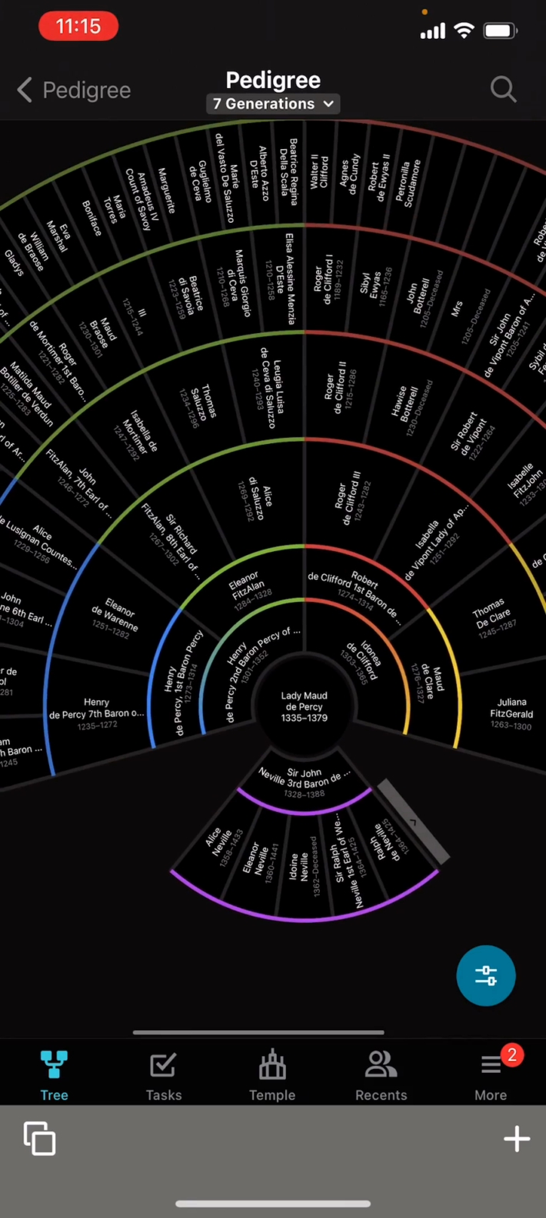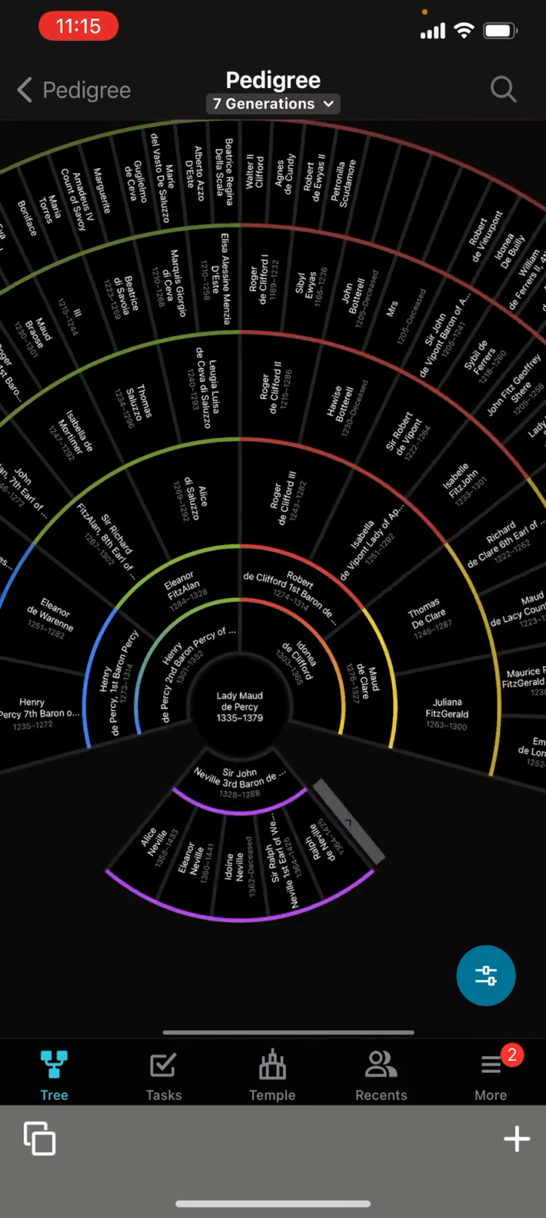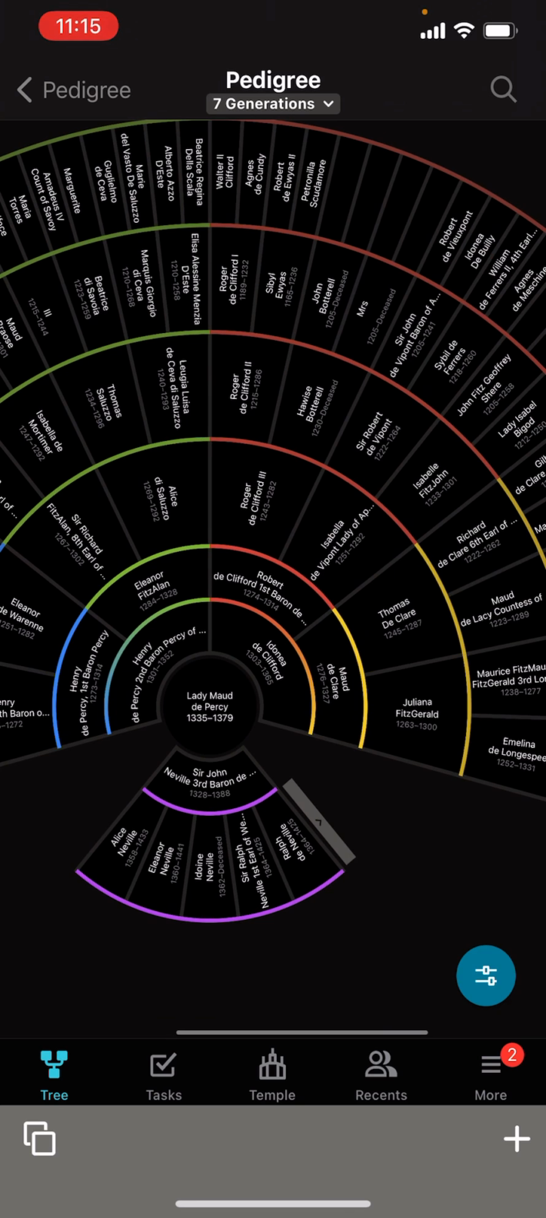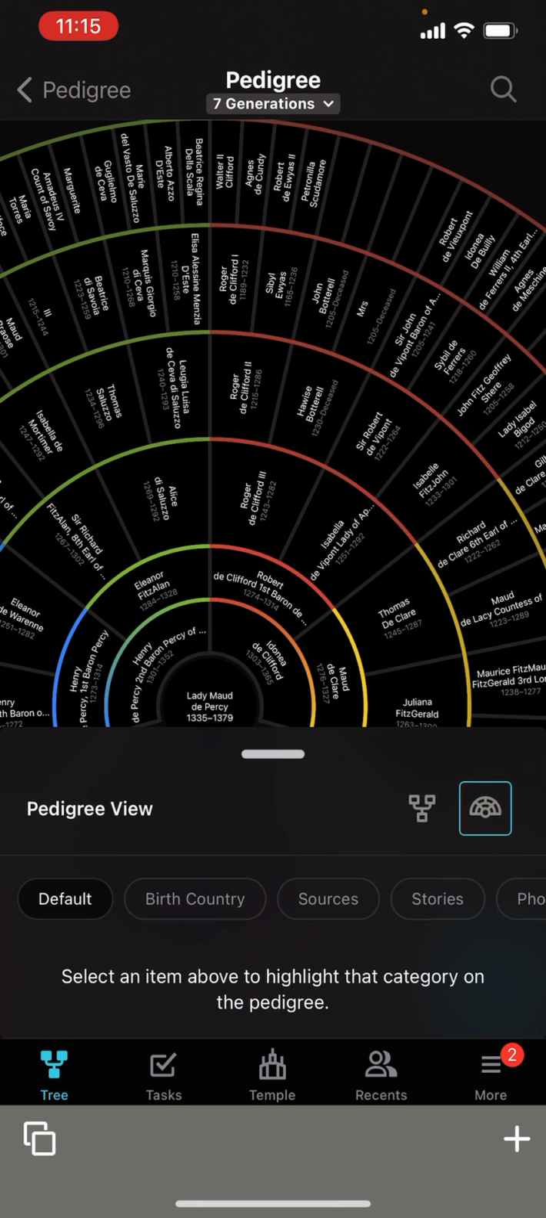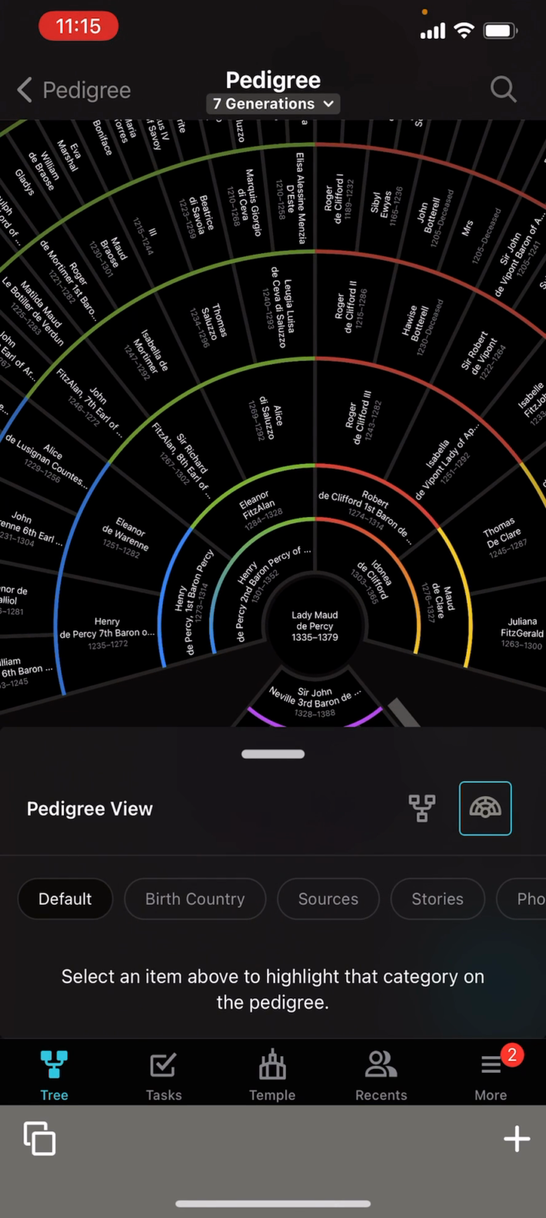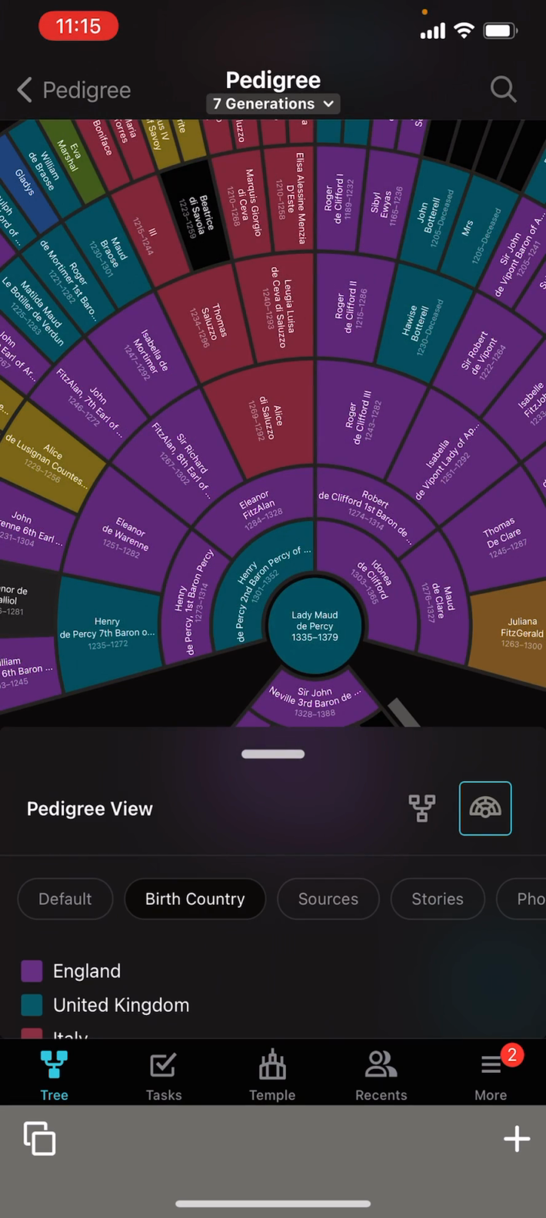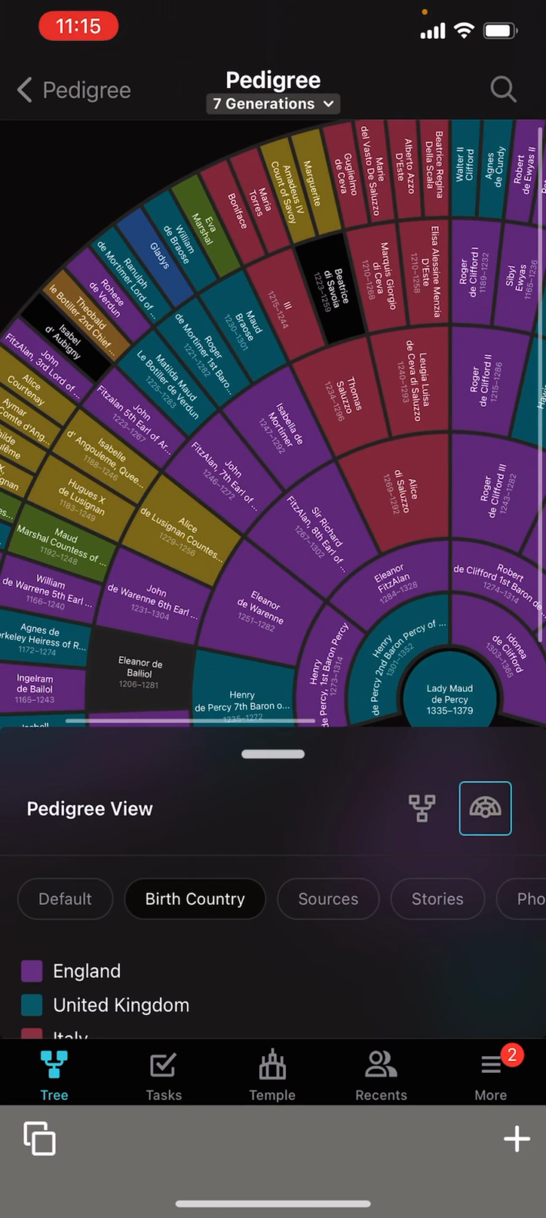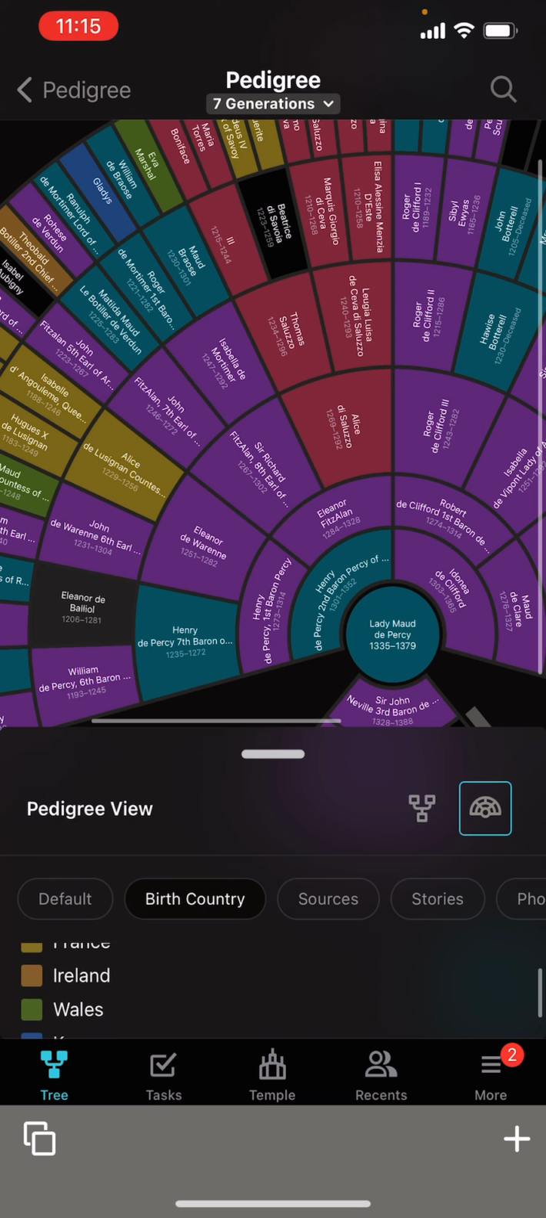So I've navigated to someone who is in royalty that will have a lot of ancestors that can kind of show this. But if you tap on the bottom right of the screen where this little circle is, what you'll get is these options down here. And these options are ways of filtering or providing context to things like birth country. So you could see it provides highlighting for the different birth countries that it identifies,